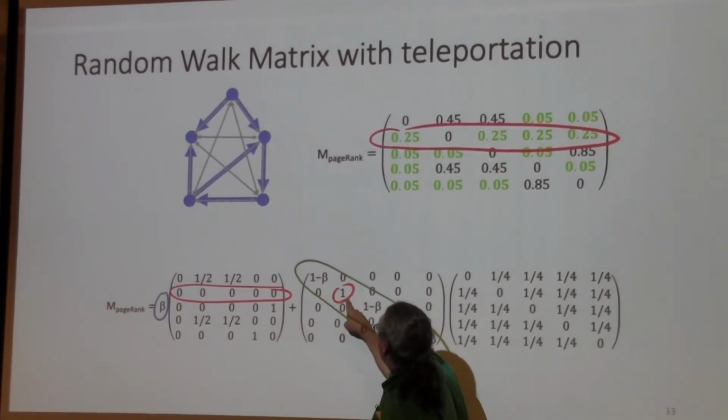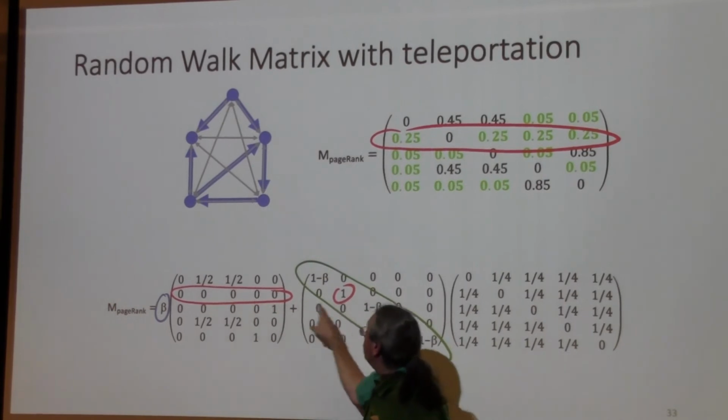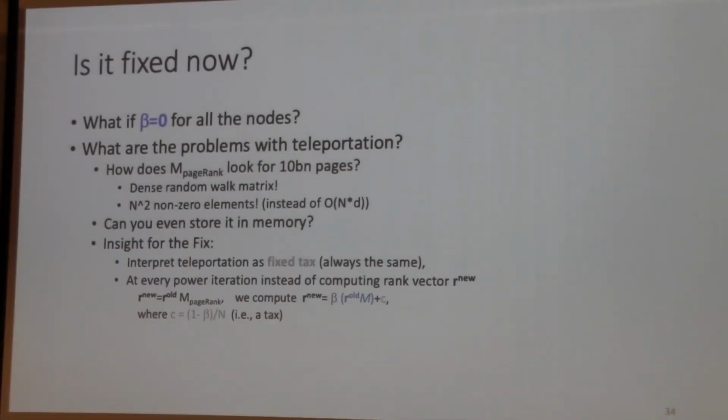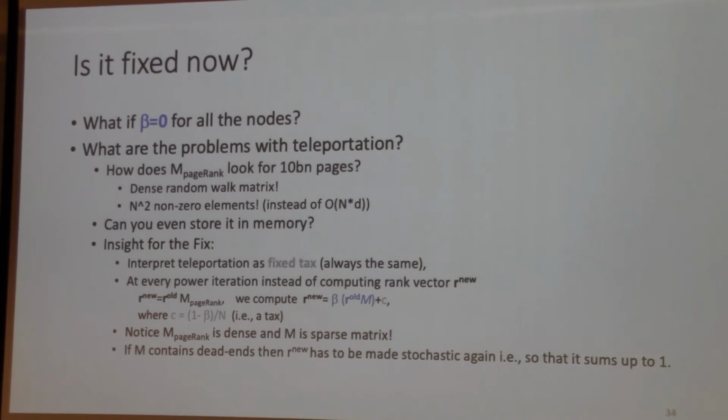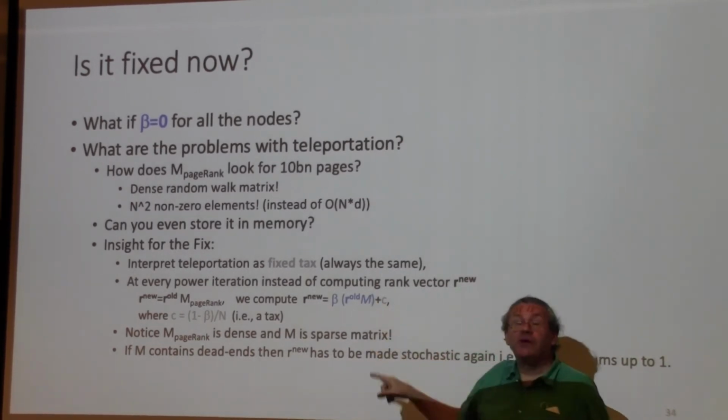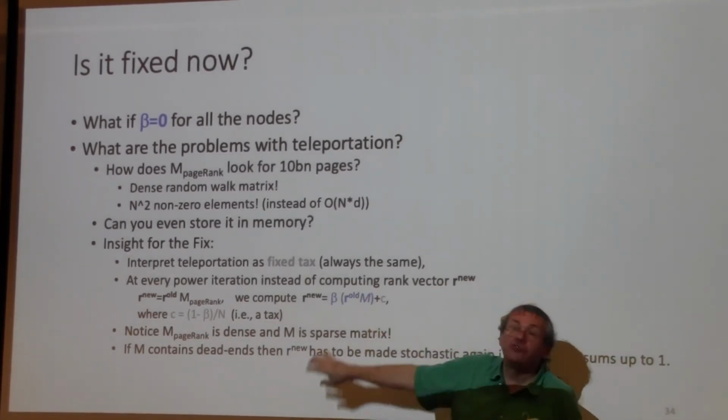For a dead end, you have to put a 1 here because these are all zeros. Okay, so that's basically the thing you have to worry about. And then you have a lot less memory. It's still big, it's still very big, of course. You have some multiple of 10 billion numbers here. The computation is still huge.